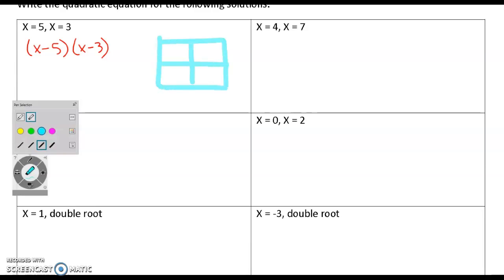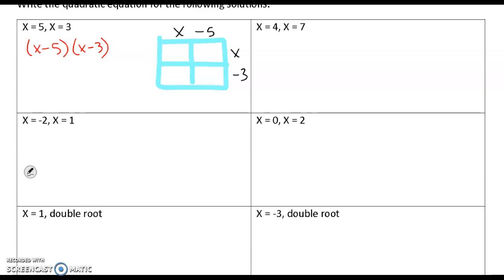I'm just going to draw my box here, and I'm going to write in my two monomials. So I have x minus 5 and x minus 3. It's like a Punnett square model from biology, so I'm just going to take their respective products. X and x will give me x squared. Negative 5 times x will give me negative 5x. X and negative 3 will give me negative 3x, and negative 5 and negative 3 will give me a positive